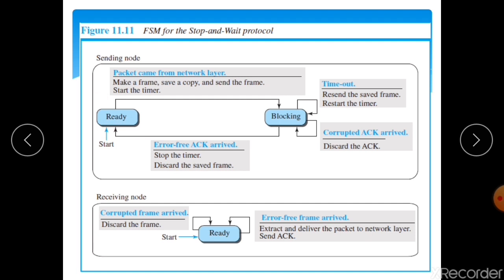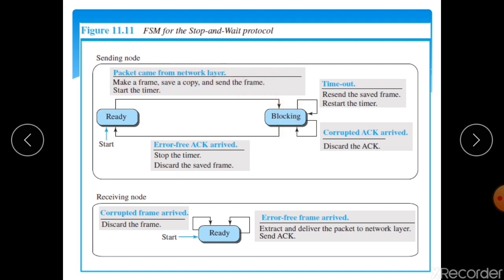Whenever the sender is in this particular state, it is only waiting for packets from the network layer. If a packet comes from the network layer, the sender creates a frame and saves a copy of that frame, and then starts the timer and sends that frame.